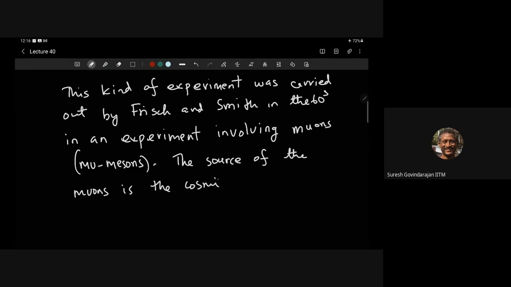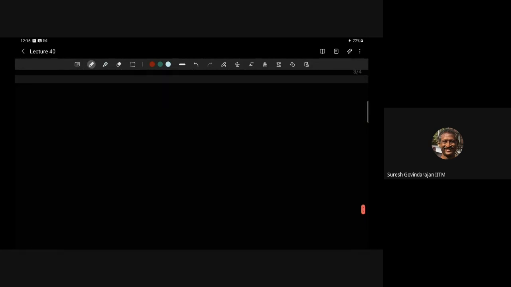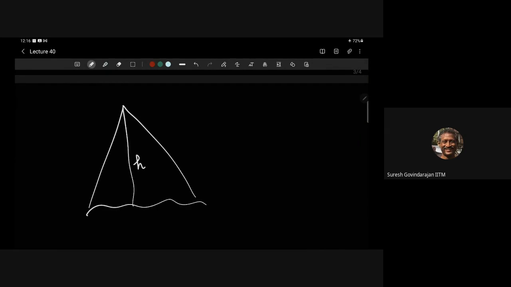In particular, it is known that the flux, the number of particles per unit time, of muons is constant. This is an experimental fact. So the experiment done was like this. They went to a mountain top. This is my version of the mountain top. It is H. They measured flux here,